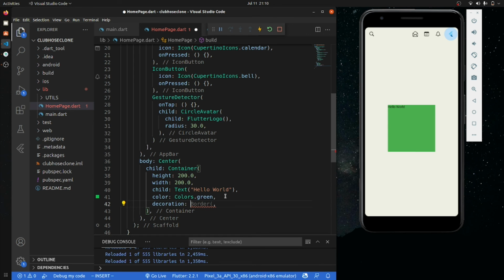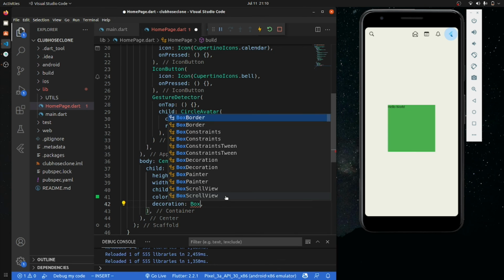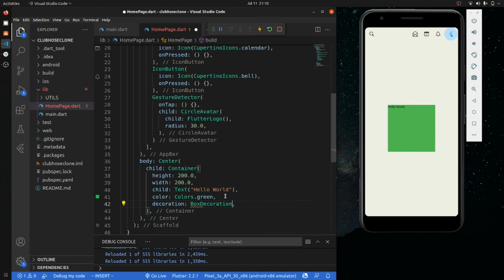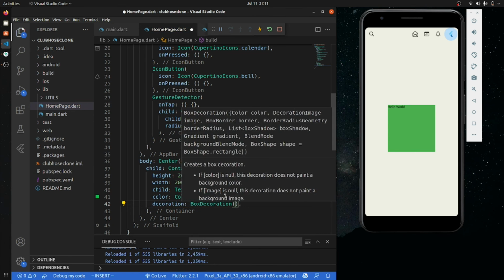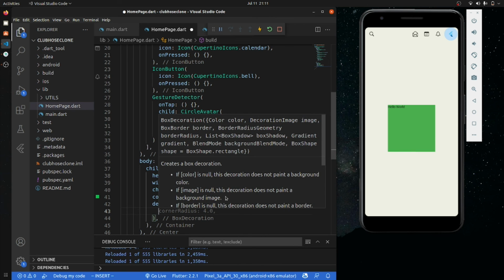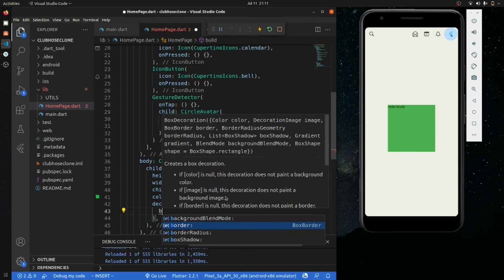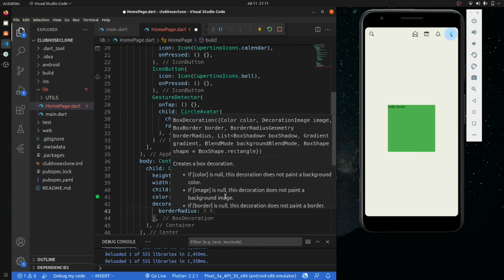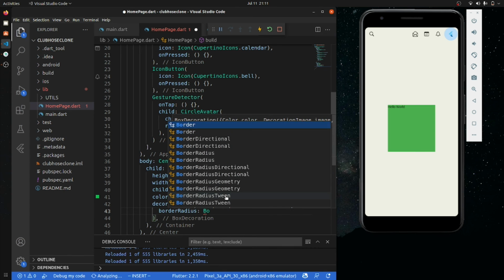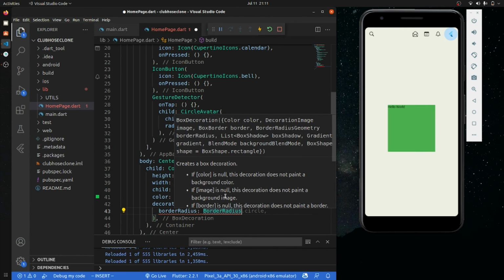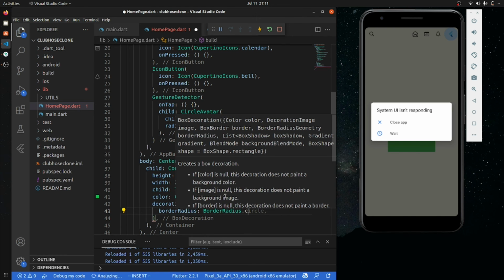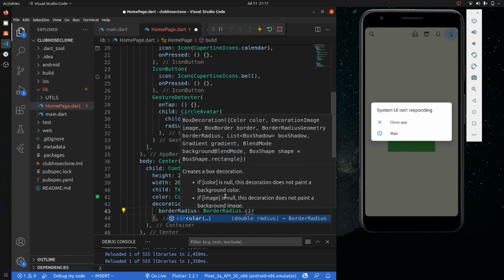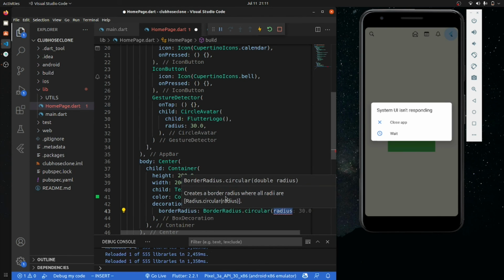So we can go with the BoxDecoration, and inside this BoxDecoration we will set the border radius as BorderRadius.circular, and let's give it 25.0.